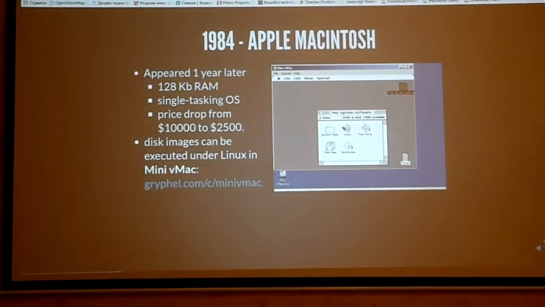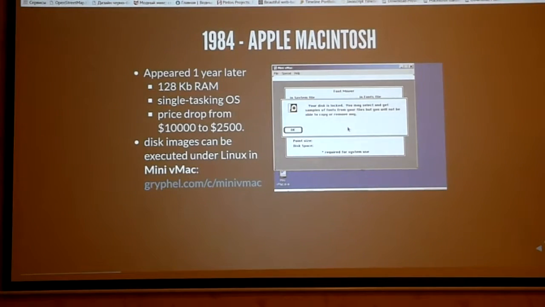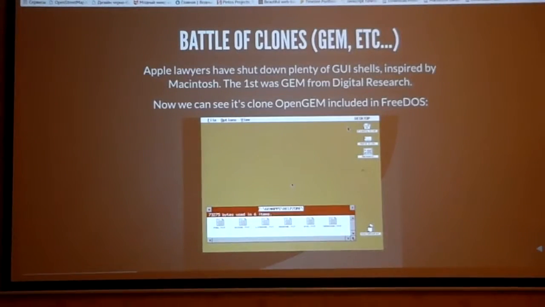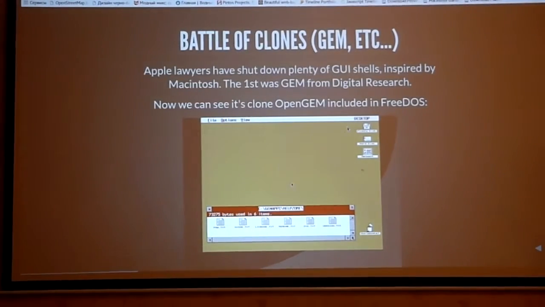In fact, it was an absolutely single-tasking system. You see the amount of RAM. When you run some application, the file manager disappears, and so on. And Apple was successfully fighting attempts to make a clone of this desktop metaphor.